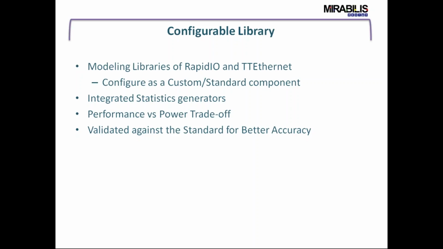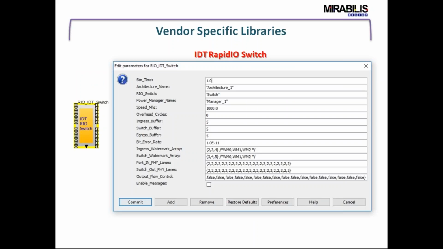And these libraries are highly accurate as they are validated against the standard, and hence these libraries provide better performance as well as power values at system level models itself. For example, to give you an idea here, this is an IDT RapidIO switch, which is provided with a set of parameters, and the user can change these parameters by double clicking on the block and changing these values. And if you notice over here, this can also generate debug messages as well, which